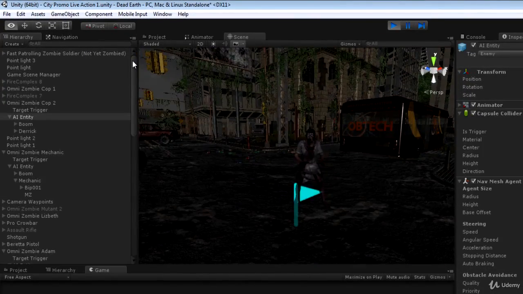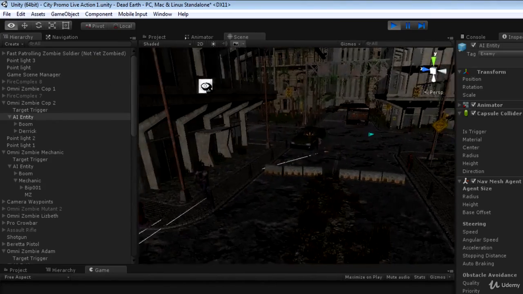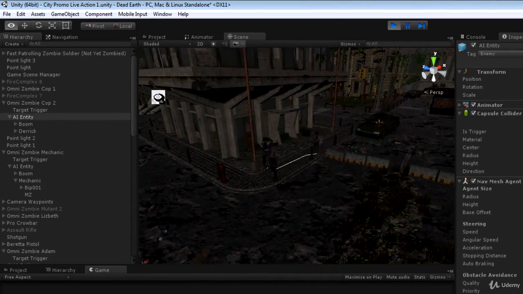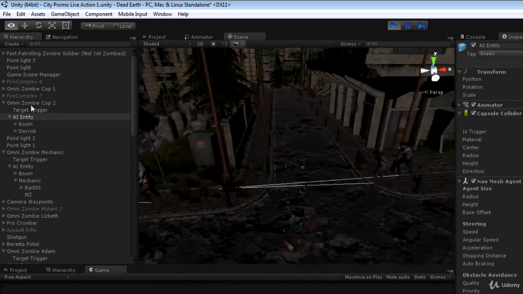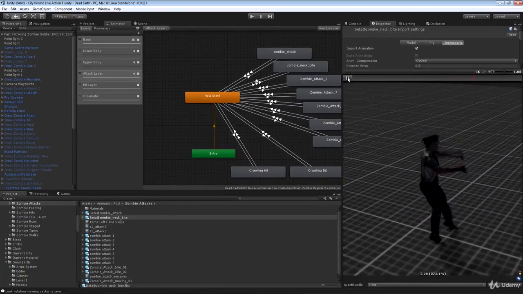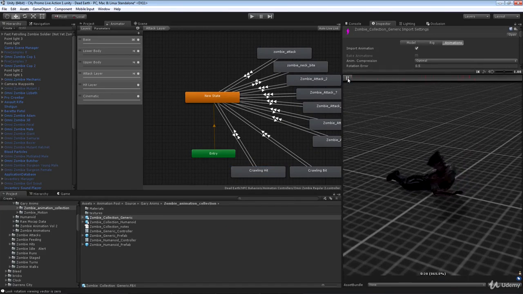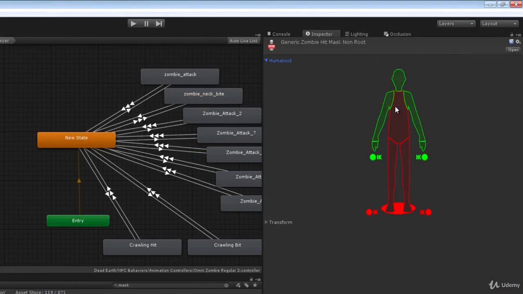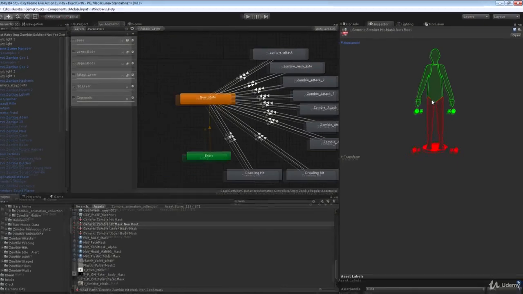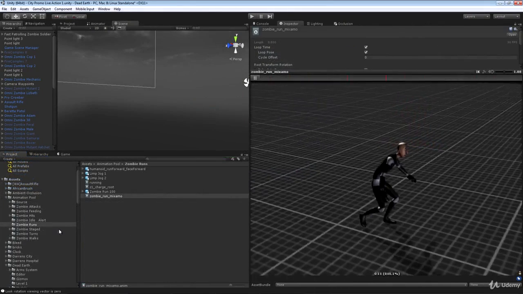Also, I knew that I would be stepping outside of my comfort zone a little bit with the sheer amount that I was going to be relying on Mecanim in this project. That's Unity's animation system. Mecanim is not new to me, but I hadn't yet worked on a project that required so much of its functionality. Furthermore, I knew that I wanted to use Mecanim to control the movement of my characters by utilizing the root